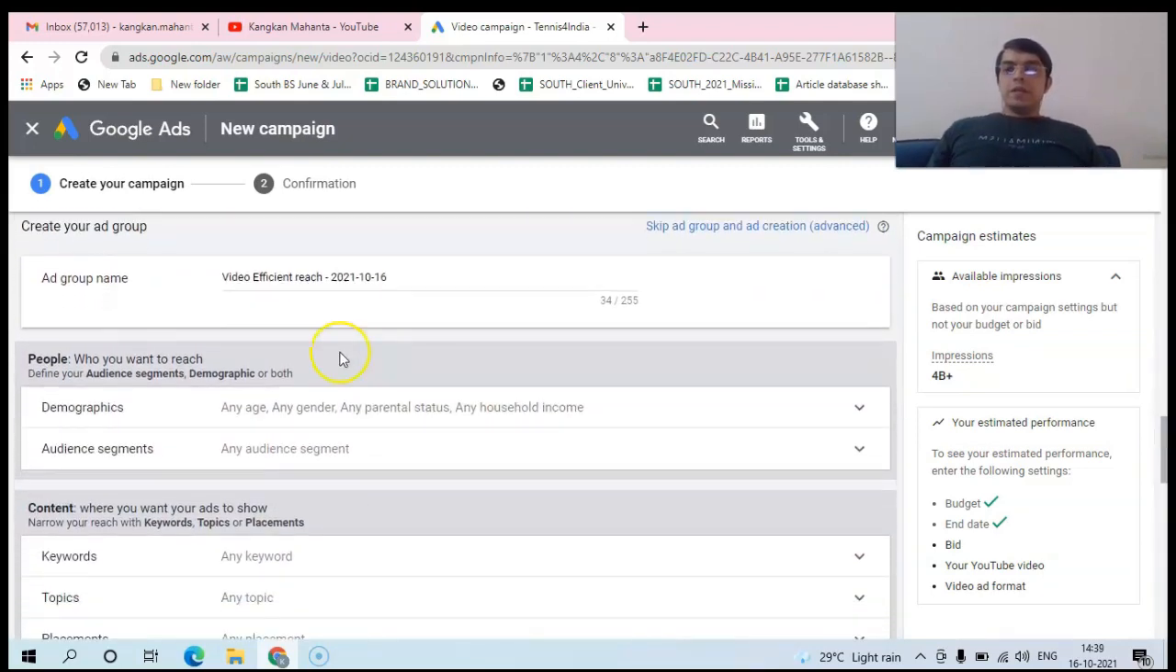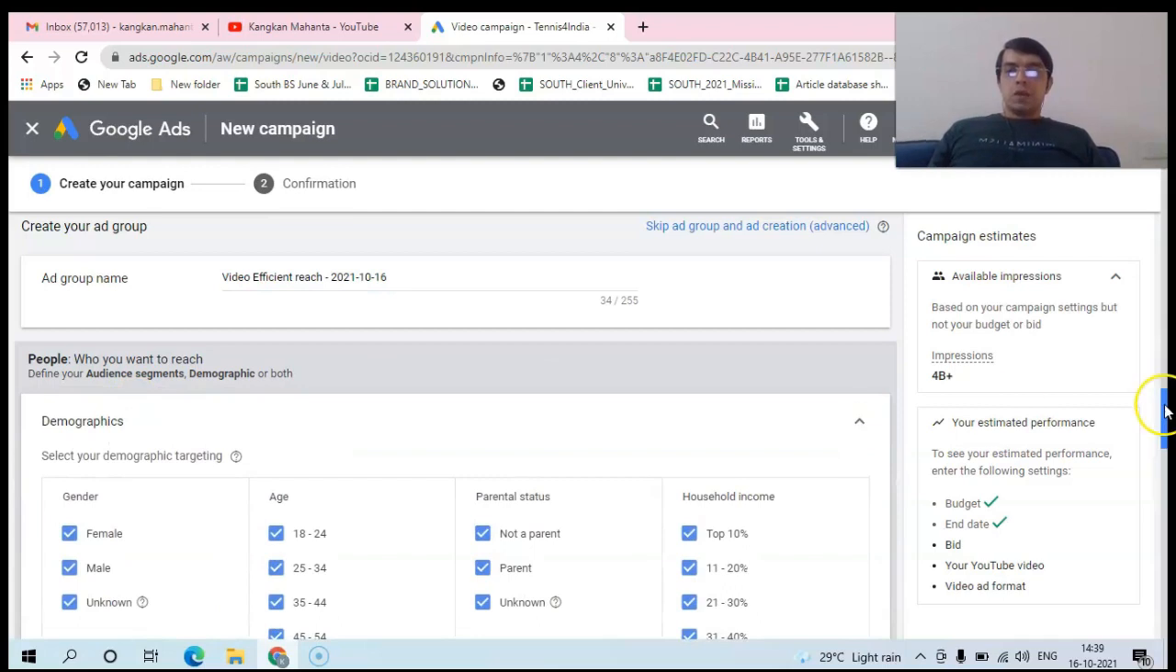Okay, so let me take only one ad group name, only one ad group. Like I said, you should have different ad groups to have a mix of different things. But here I'm going to have one ad group only, and so let that ad group name be the way it's coming as default. And then in demographics, what I'm going to choose is